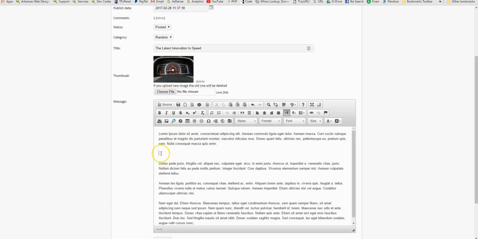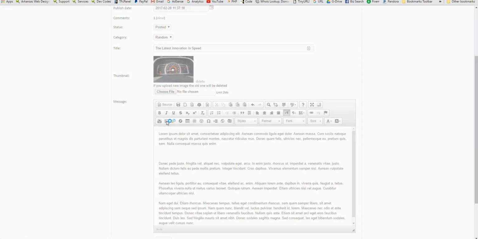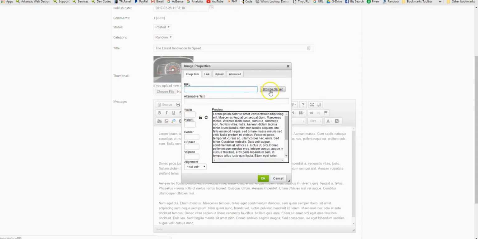You see it blinking right there. You position that where you want your new image to be, and you click on this little mountain hill universal icon for pictures. In pretty much every WYSIWYG editor out there, this is the universal icon for pictures. You click on that, and now the nice thing about this,